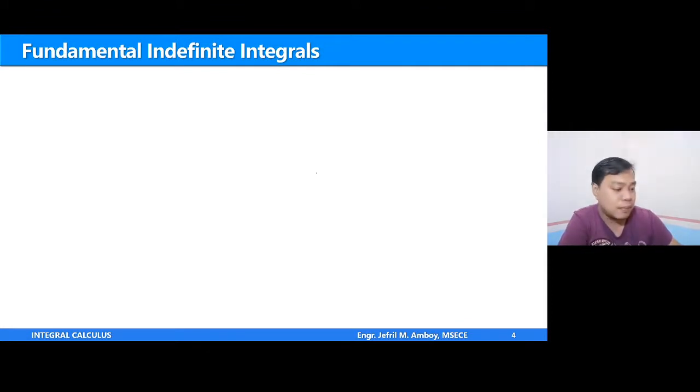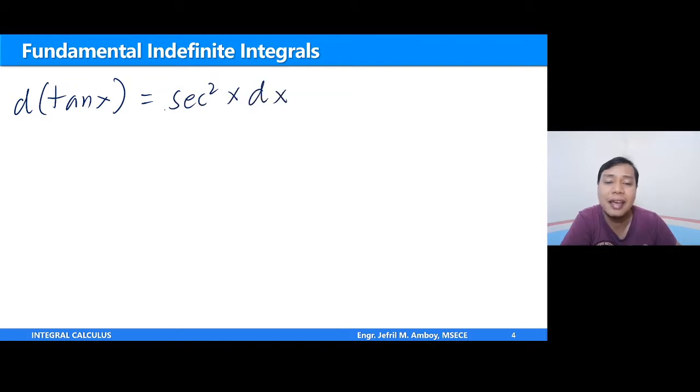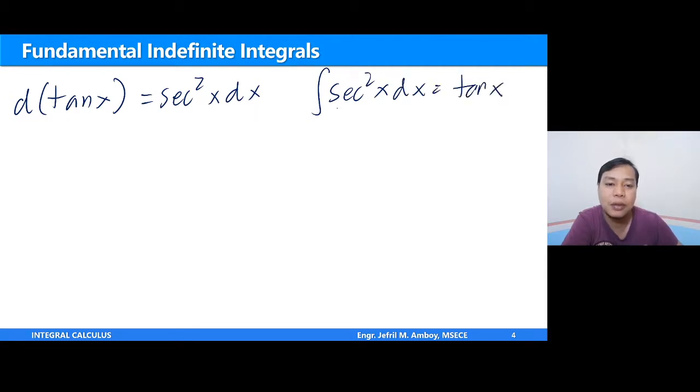Okay, next, from sine and cosine, now, ano naman ang differential, of course, ng tangent x? Ano ang differential ng tangent x? 'Di ba? Ang differential niya ay secant squared x dx. Kung natatandaan niyo yung formula, so now ibalik natin. Ito yung i-integrate ko. The integral of secant squared x dx, that should be equal to tangent of x plus c. Hindi talaga kasya. Ang laki ko magsulat. Pawiin natin to. Ayan. Okay. So, dito meron tayong secant squared x dx, and then yung integral niya, integral of secant squared x dx, ulitin lang natin, is tangent of x